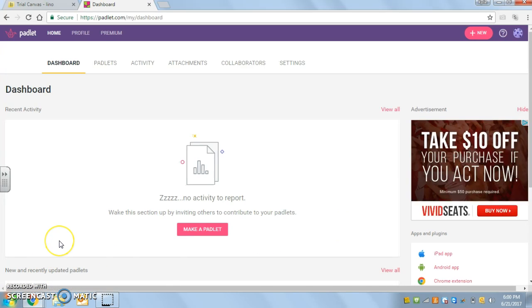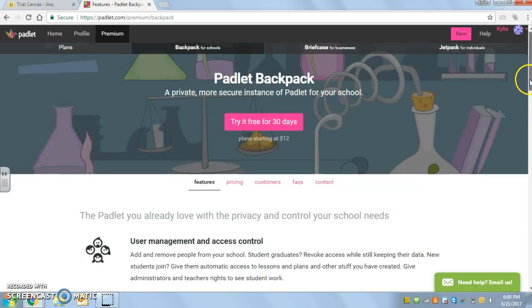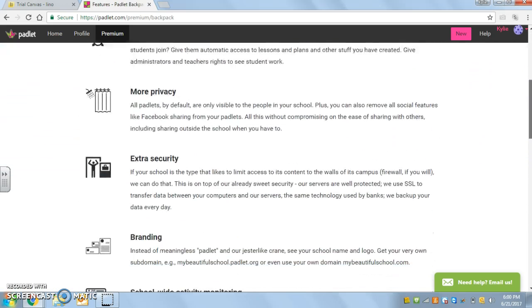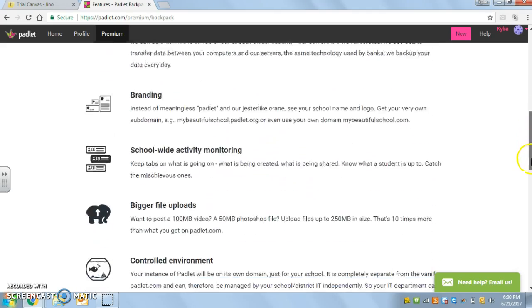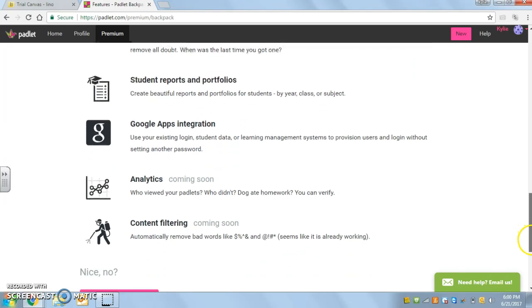This is the free version of Padlet, so in case anyone is interested in purchasing it or viewing any of the extra features that come with purchasing it, you can just click on Premium. And since we're all teachers for schools, there is a whole list of different benefits to purchasing the package, but to save some time I'm just going to scroll through there